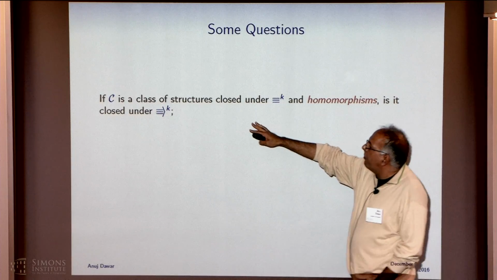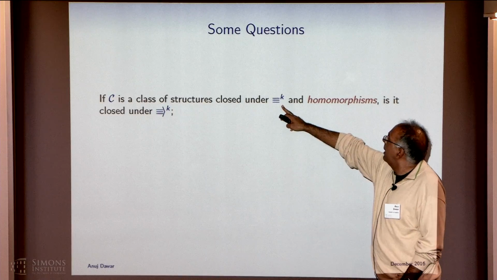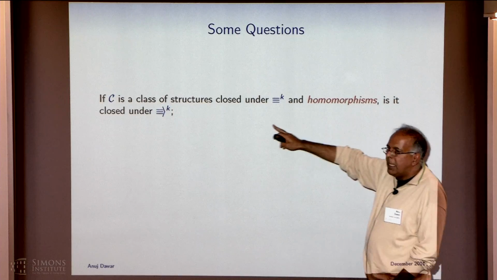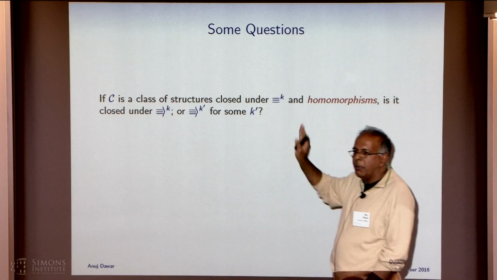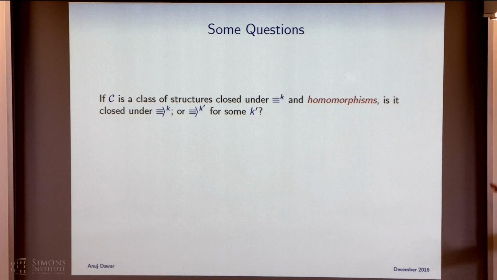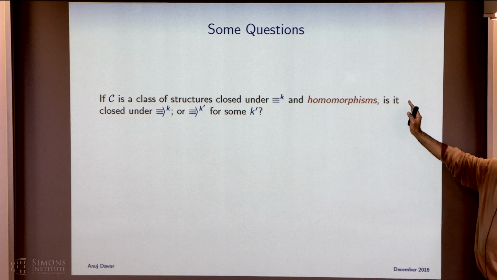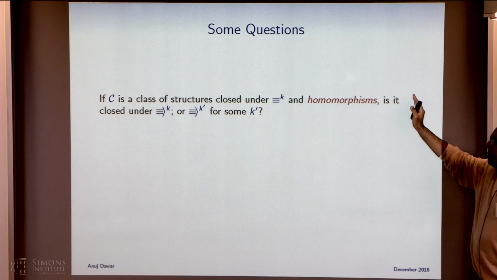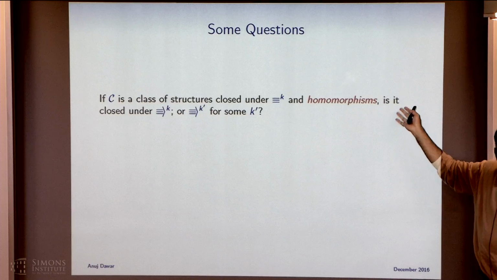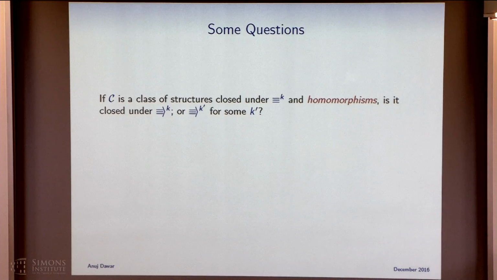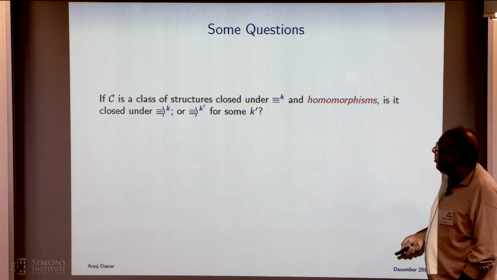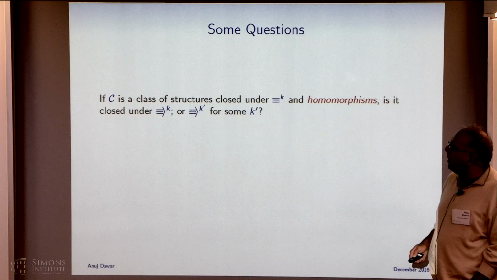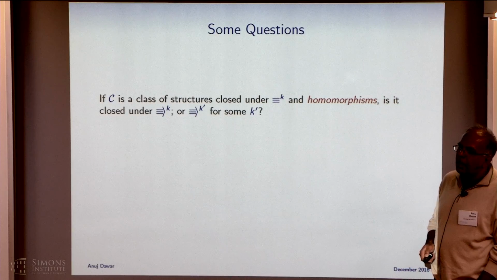If we have a class of finite structures which is closed under K-equivalence and closed under homomorphisms, is it closed under K-local consistency? Or, let's say, K-prime for some K-prime. This is a reformulation of the preservation theorem of Peng-Ming Wang. And this was actually what we were motivated by. We were looking at this in formulating this, but so far we don't know how to use this reformulation to get anywhere. The other sorts of things we're looking at, and this is what I mentioned at the end of my talk in the symmetry workshop.